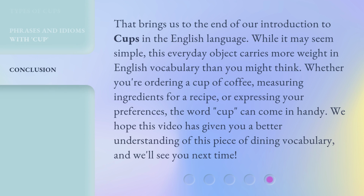That brings us to the end of our introduction to cups in the English language. While it may seem simple, this everyday object carries more weight in English vocabulary than you might think. Whether you're ordering a cup of coffee, measuring ingredients for a recipe, or expressing your preferences, the word cup can come in handy. We hope this video has given you a better understanding of this piece of dining vocabulary, and